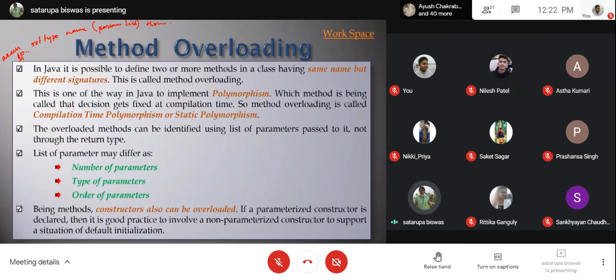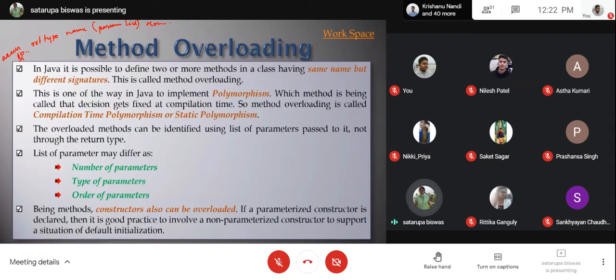But remember one thing: if you change the return type for different methods, that will never count as method overloading. Changing the return type doesn't change anything. What we change in the signature to get method overloading is the parameter list.